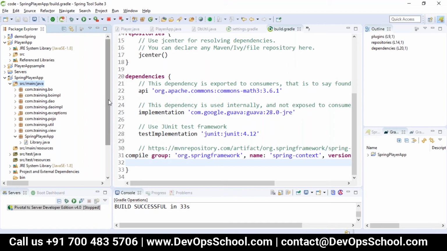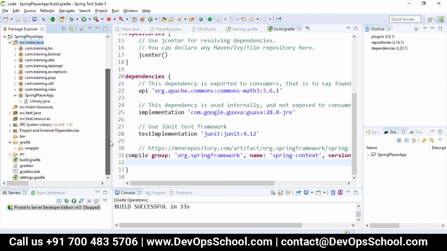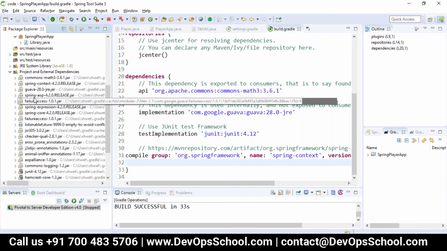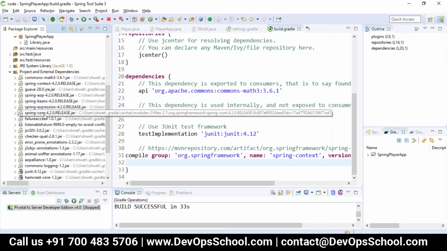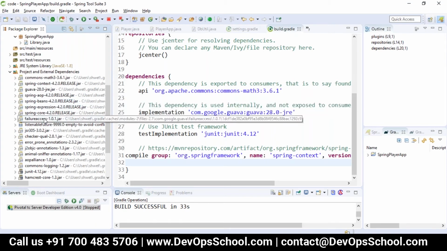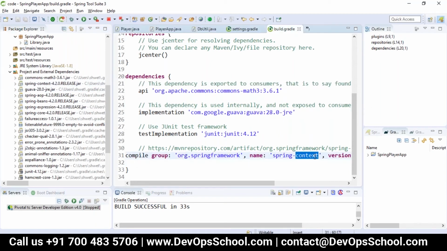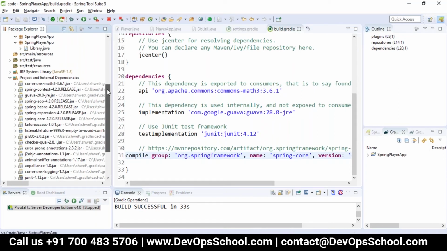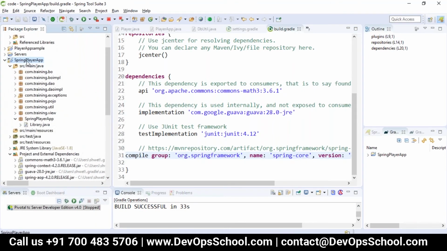So I just added all the dependencies which are required for me with Spring context. So now Spring AOP, Spring Beans, Spring Expression, Spring Core, and Spring Context are also given here. Okay, if I use only Spring Core here, let me just again update my project.